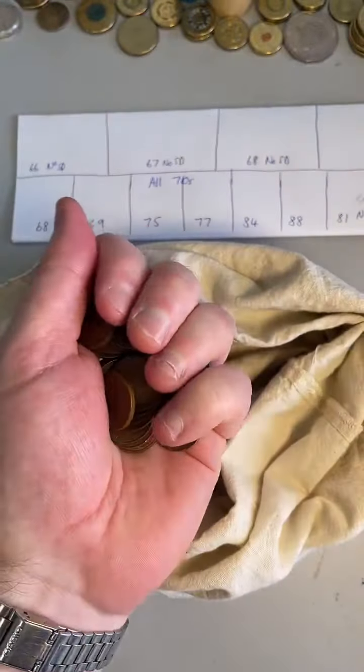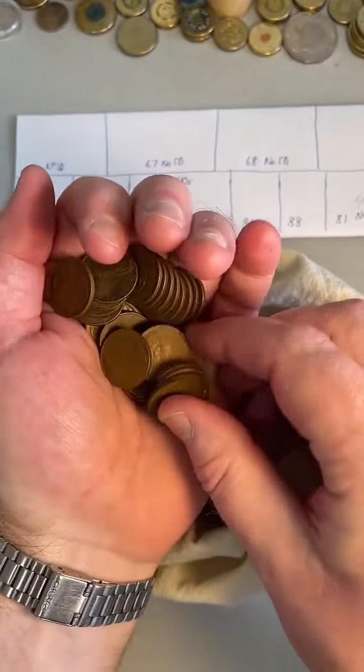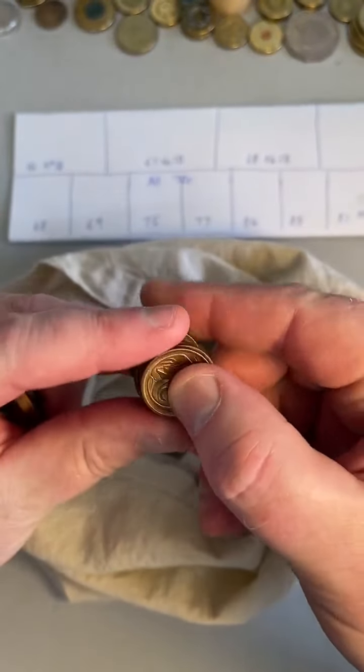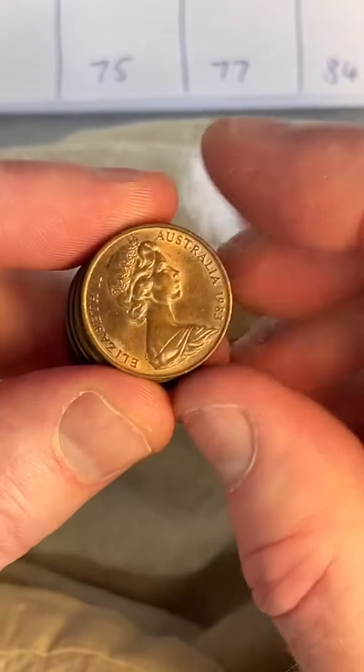Hope everyone's been having a great day. Put that there. Oh, geez, getting a bit organised. Should have probably got organised before I started the stream, but it's all good. We'll get there. We'll get into these coins. See if we can find some of the rare things. I actually sold a 1981 missing SD yesterday, $44. So,